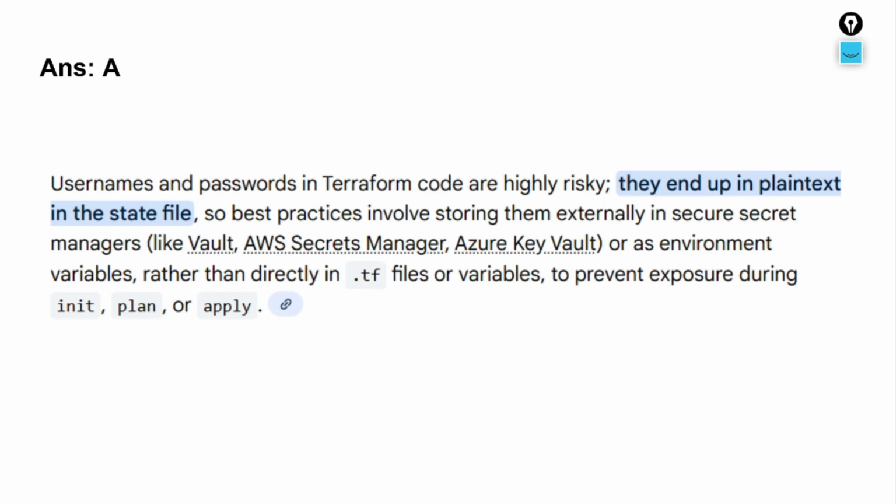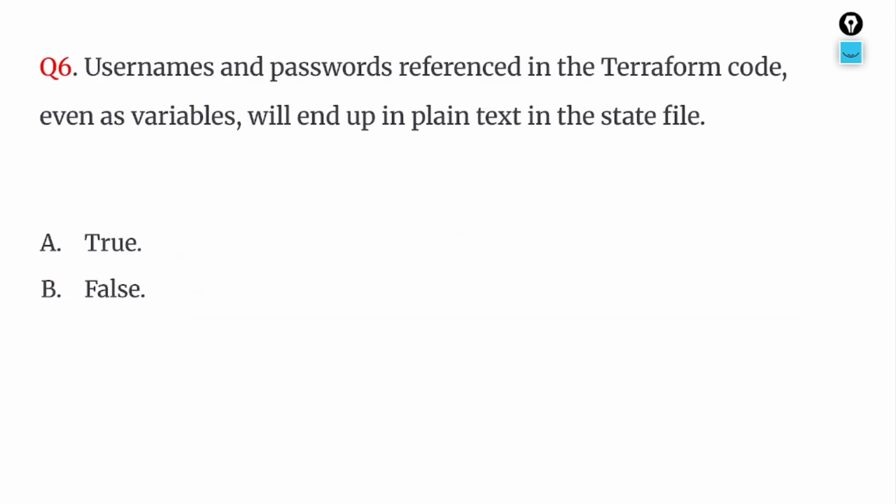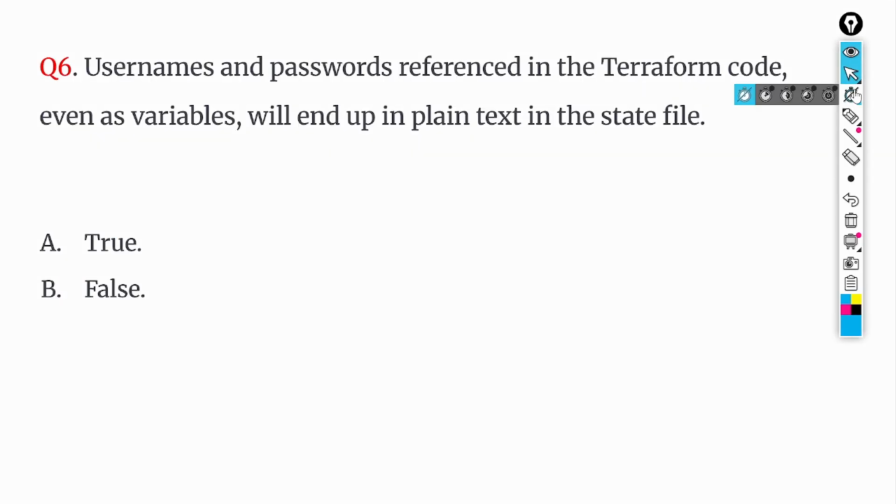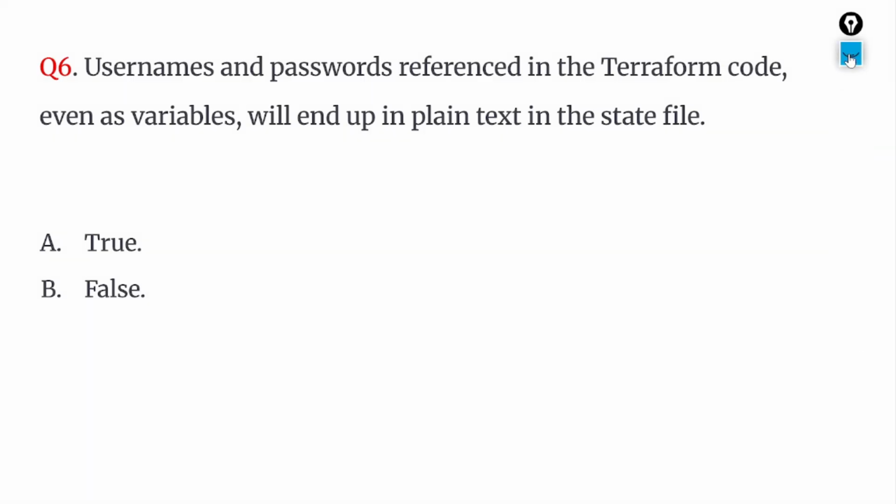Actually, we use this as an environment variable also. This is something we define in the .tf files or variables. So this is true. I will mark it as true because it's very important and very simple also. When you practice in the lab, you will understand usernames and passwords when you are writing code in Terraform. So let's